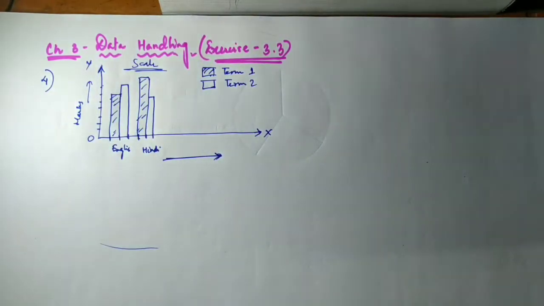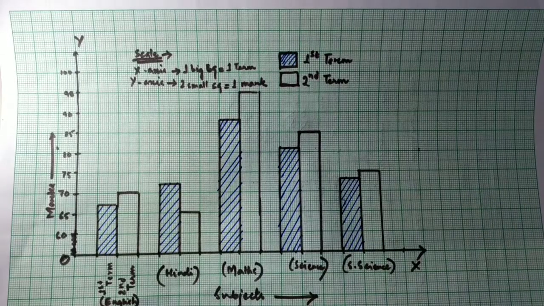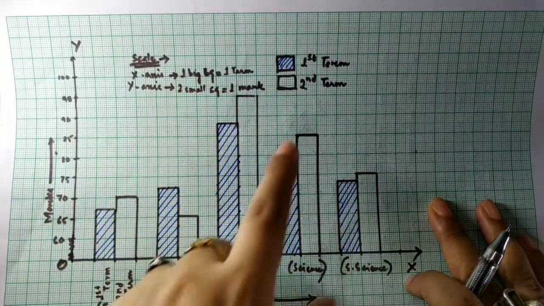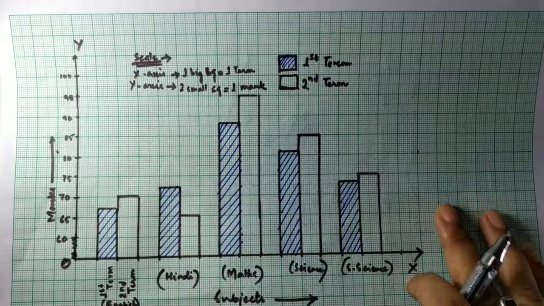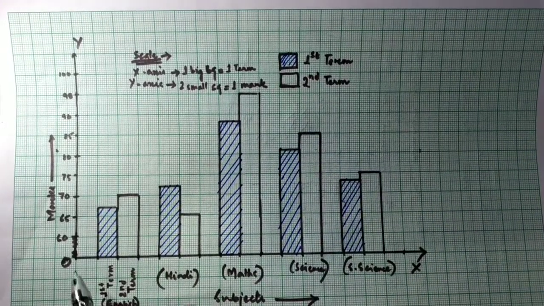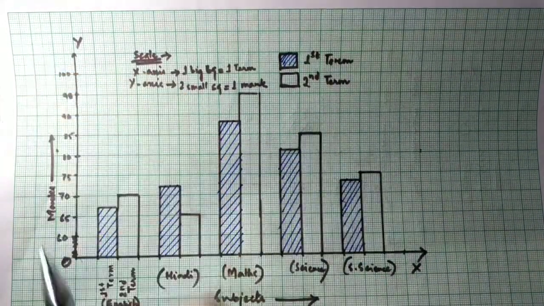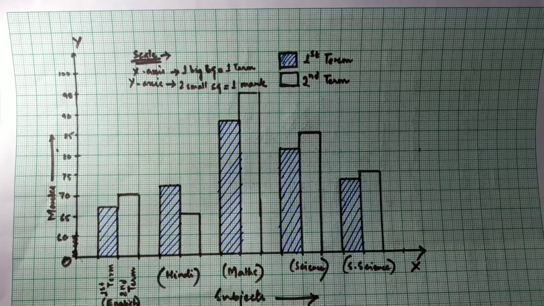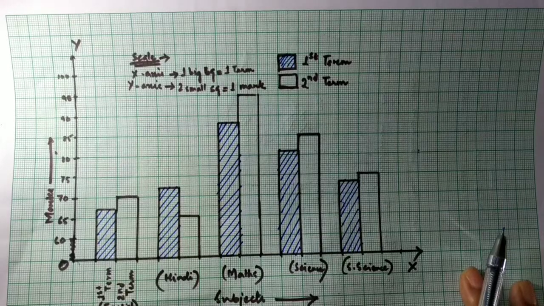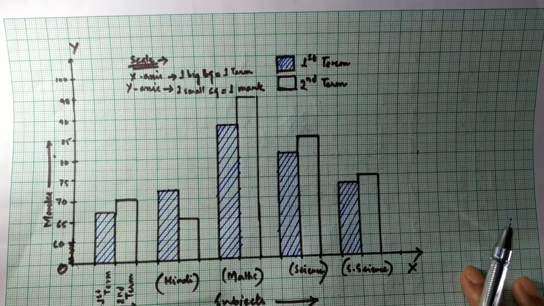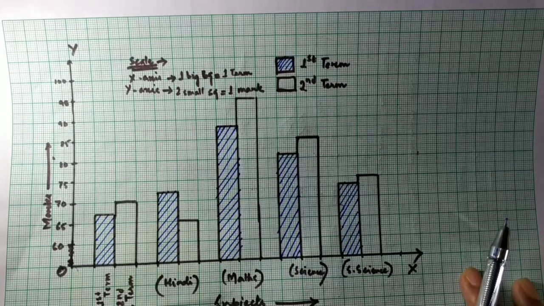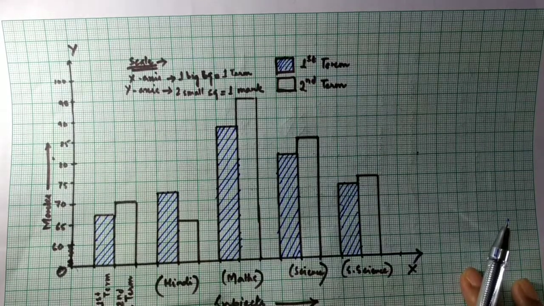Now I'll be showing you this in your graph copy, how to do this one. Okay, let's get started with that. I have used scale pens, sketch pens and pen, but please use only pencil for drawing a graph. Now see, I have taken this as my x-axis and this is my y-axis. On the x-axis I have taken the subjects, on the y-axis the marks. If you see the table properly, the minimum mark here is 65 and the maximum is 95. So I do not require marks from 0 to 64.